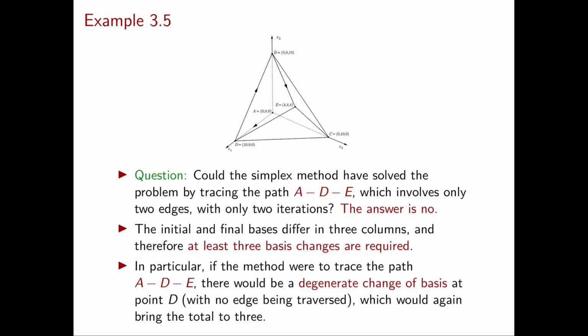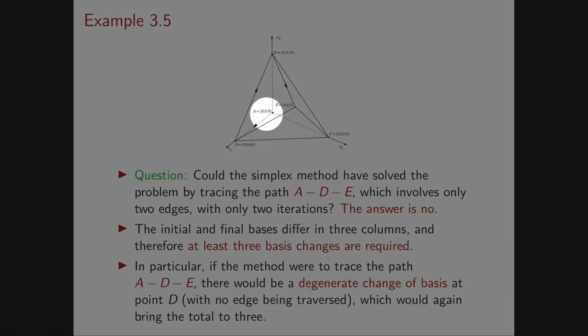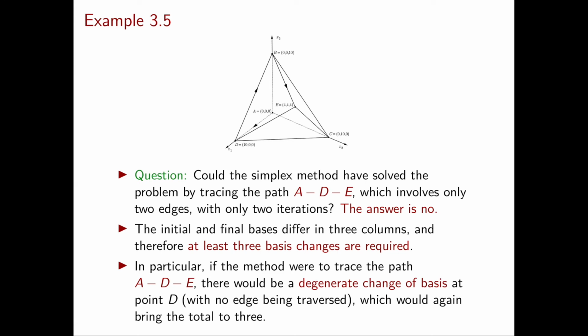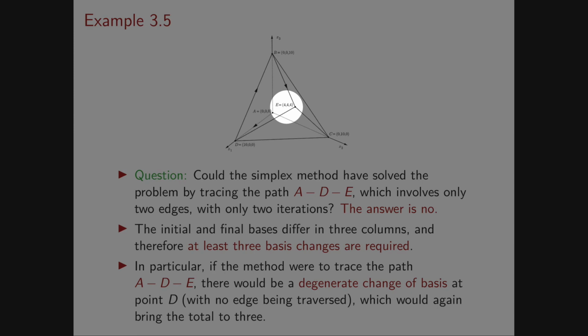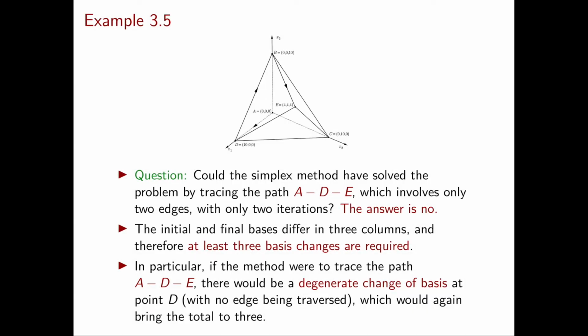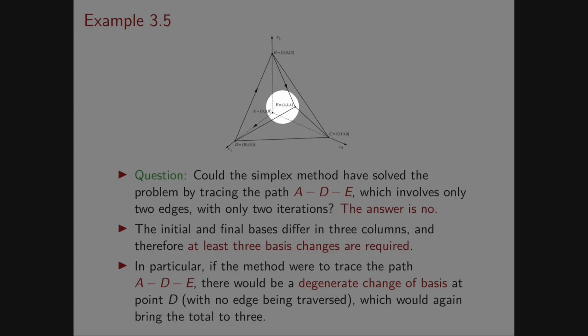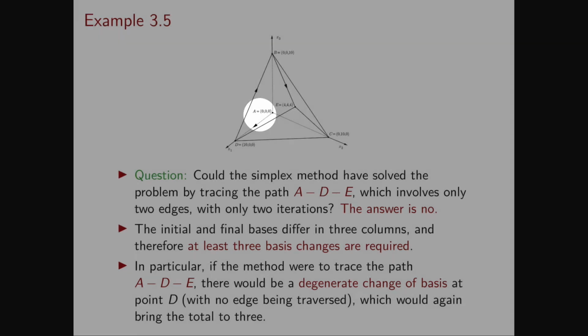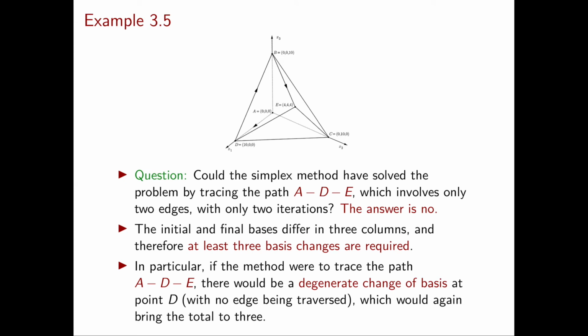How can you see that? If you remember, in the basic feasible solution A, the variables in the basis were all the slack variables, so x4, x5, and x6. On the other hand, in E, the basic variables are x1, x2, and x3. Now we know that at every iteration of the simplex method, one basic variable leaves the basis, and one that was non-basic enters the basis. So here, to go from A to E, we need to bring into the basis all the three variables x1, x2, and x3 that were not in the basis in A. So we need at least 3 iterations.